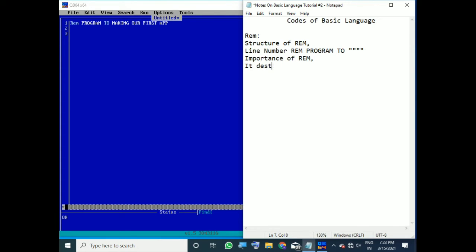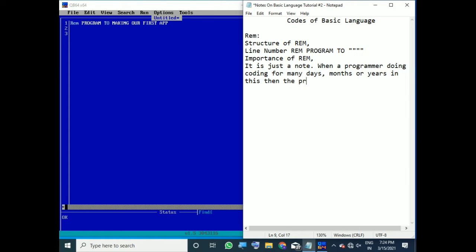It describes, or it is just a note. Suppose a programmer is doing coding for many days, months or years, then the programmer may sometimes get confused about what this program is really about.